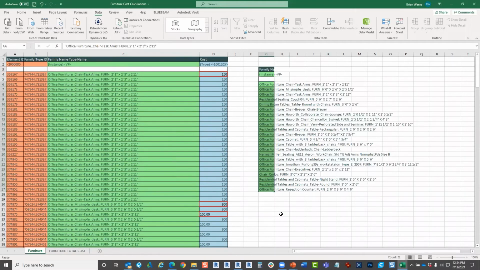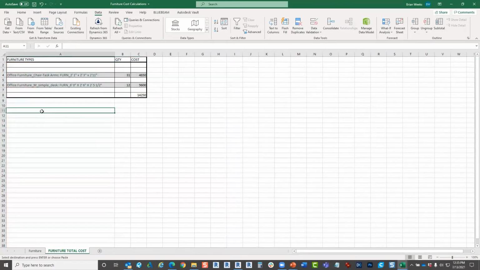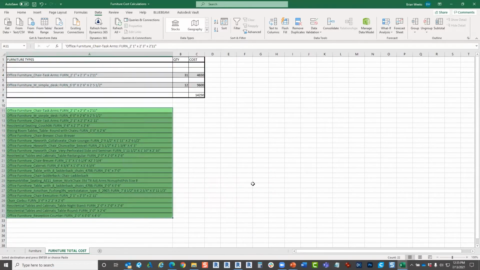Now, this is the trick. Now I have a list that I can copy paste. And if I add other pieces of furniture within my Revit project, and I go back into Schedule or Spreadsheet Link and update and sort, it will add the new furniture to my list. Then all I have to do is copy paste, come over to this tab, and put it right there. So there's my new list of furniture. That's the complete list of everything in my project. I can copy this formula,